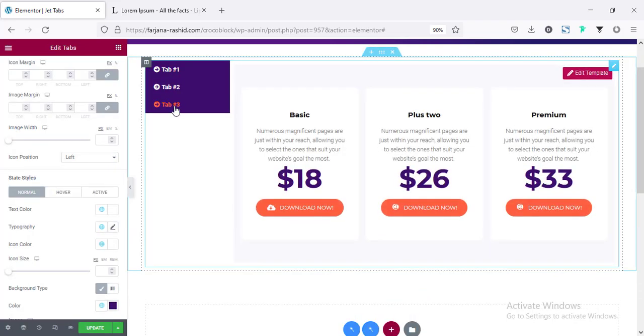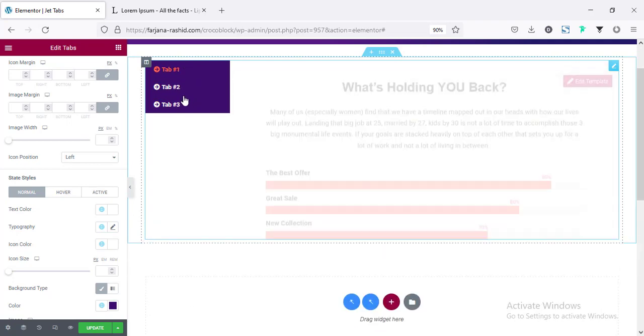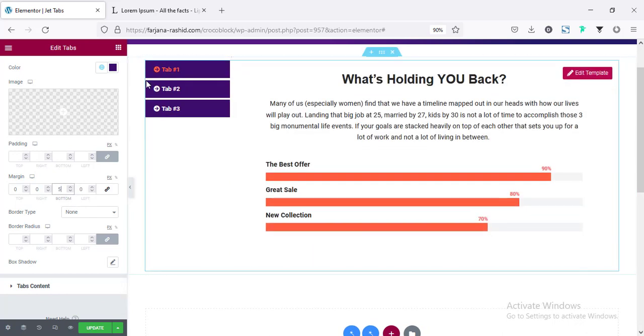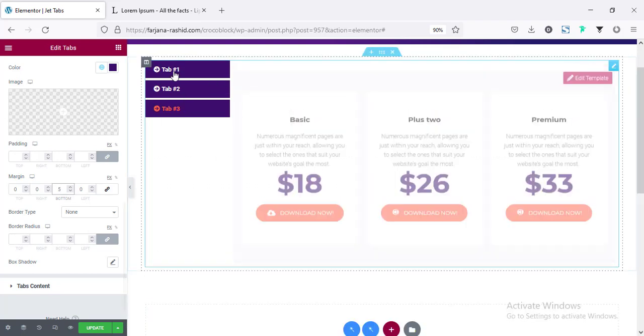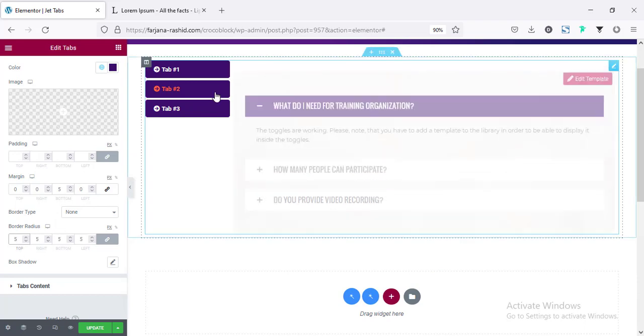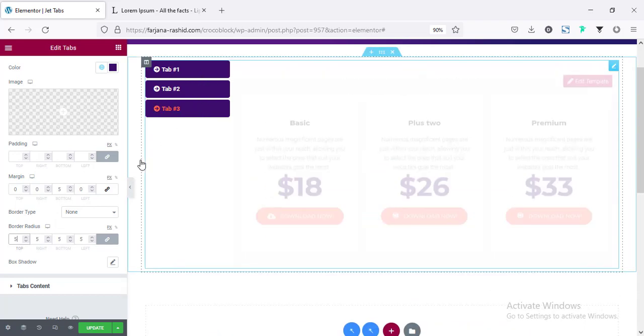And now we can add some spacing between each item. So if I scroll down, here is options for margin, making it unlink. And now for bottom, can add 10 pixel, or I'm making it to 5. And now I'm going to add some border radius with these tabs, making it to 10 or 5. Alright, looks good, and we can keep it in this way.